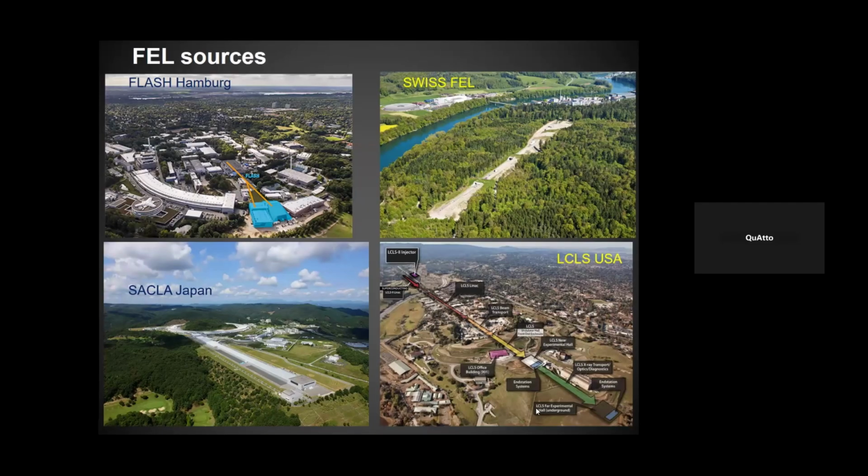Then there are several projects: SwissFEL, SACLA in Japan, then LCLS in the US, and I will say a few words about LCLS. And now there are also projects in China, in Shanghai, and in Korea. But LCLS is really the first free-electron laser in which isolated attosecond pulses have been demonstrated